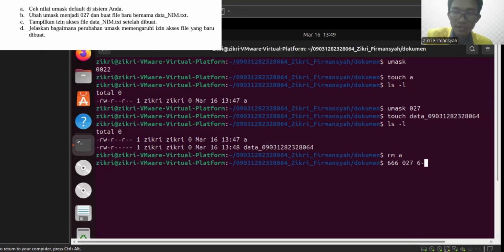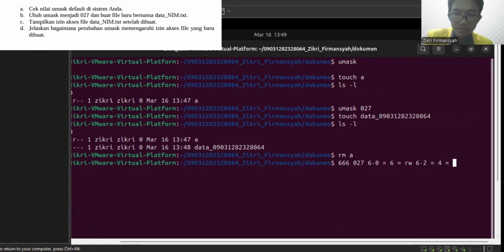So 6 decreased by 0 equals 6, which means it has read and write access. 6 decreased by 2 has value 4, which means the group has only read access. And 6 minus 7 is equal to 0, so it means that it has no access.